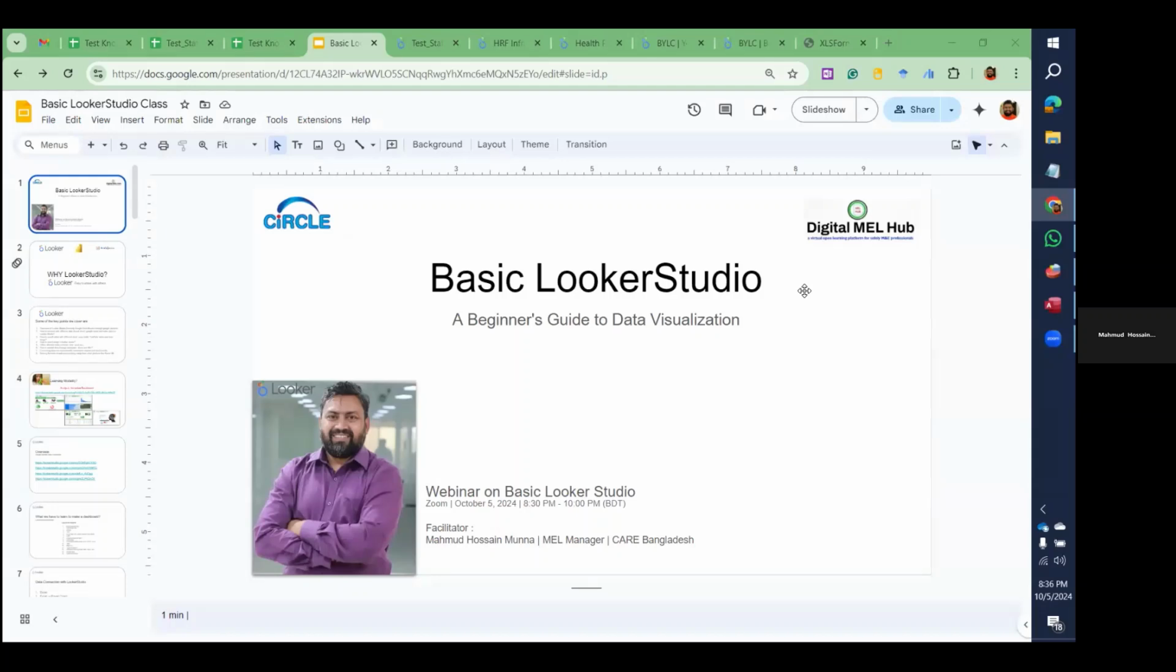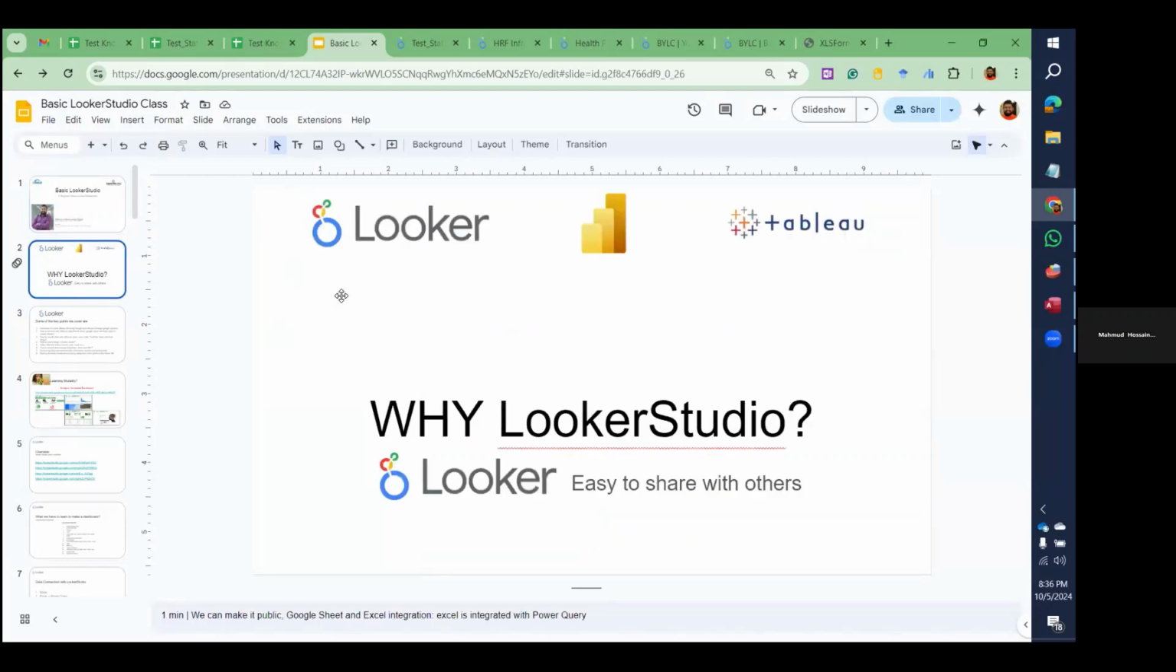For this, we will always go through this presentation and our practical session. Why Looker Studio? This is very important. Already Alamgir Bhai said we have three software, but why do we choose Looker Studio? Because it